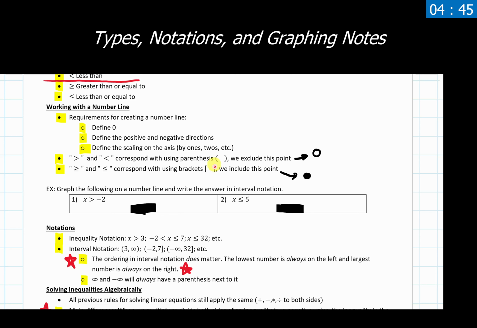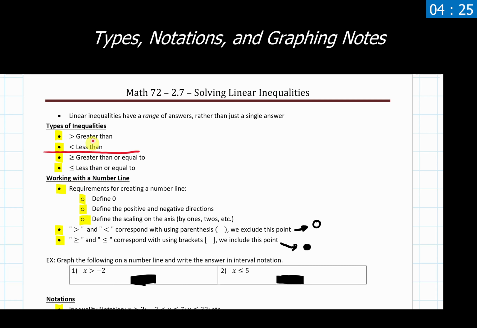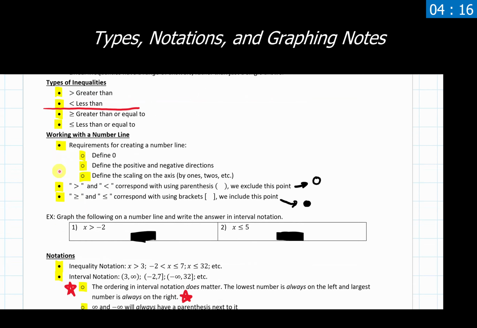So we have two main types of notations when we're working with inequalities. We're given one and asked to write it in the other in our directions here. We have inequality notation, which is x is greater than something, x is less than or equal to something. It's using these four main symbols that we started with at the top. So anything that uses this is referred to as inequality notation.